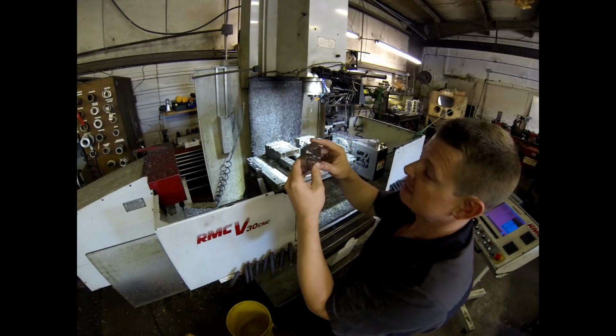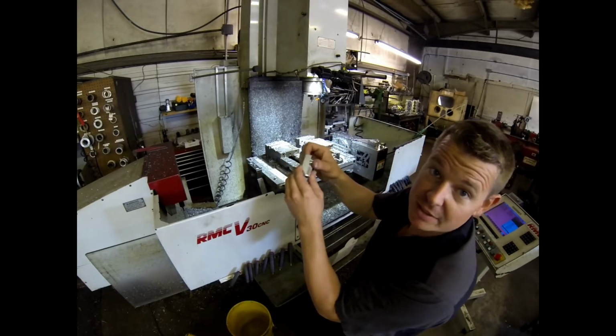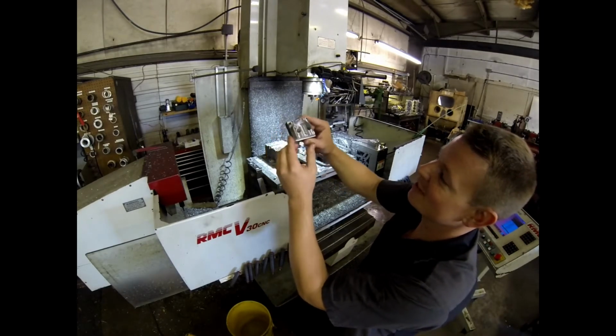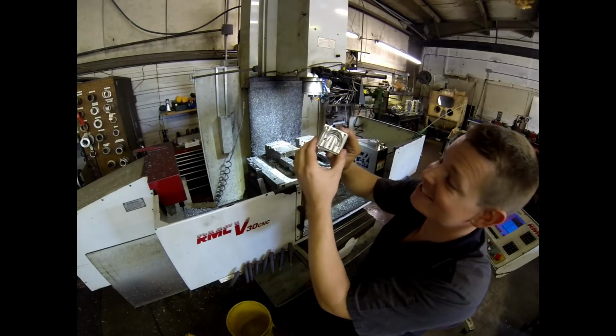Okay, well, when we get all this meat under it cut out, we'll see how it looks. But this looks awesome. I can't believe that surface finish. I mean, even down there. Look at that, it's like a mirror down in there. And that's